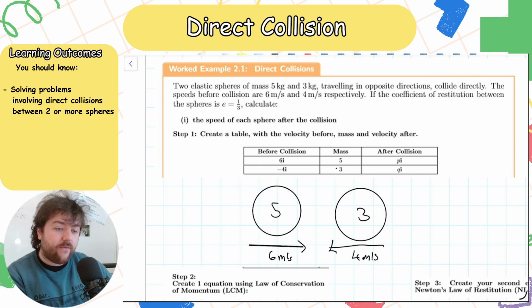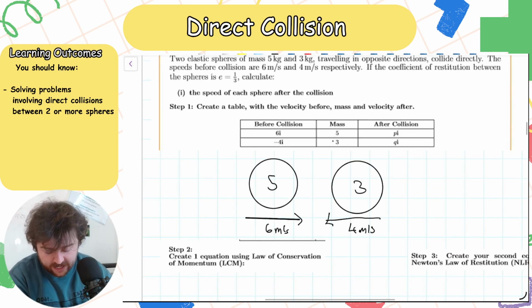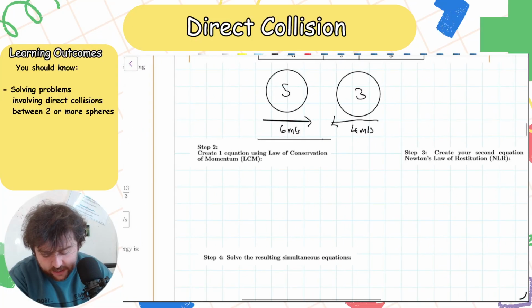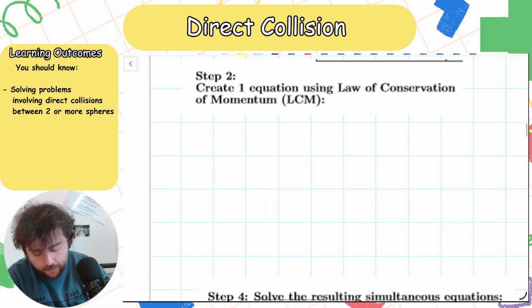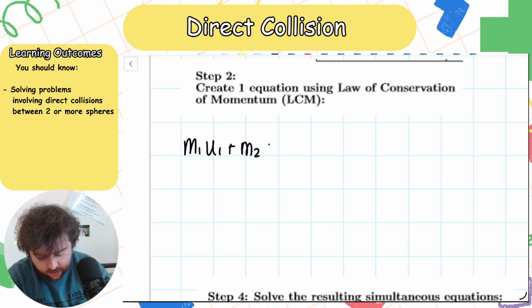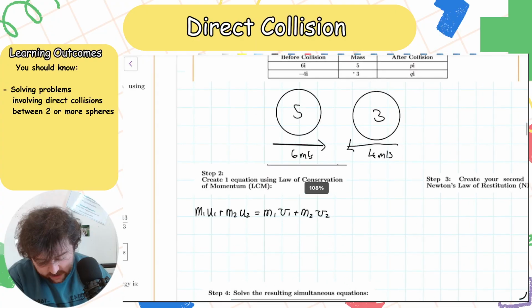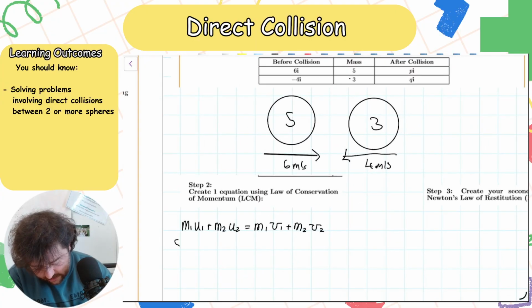So we're literally only colliding on a horizontal plane. So step 2, create an equation using the conservation of momentum. What we know is m1 u1 plus m2 u2 equals m1 v1 plus m2 v2. If you sub everything in here, it's going to be 5 times 6 plus 5 times